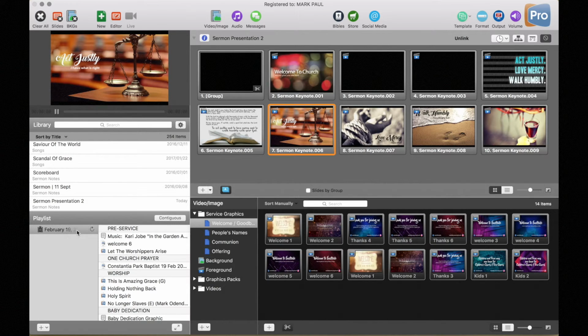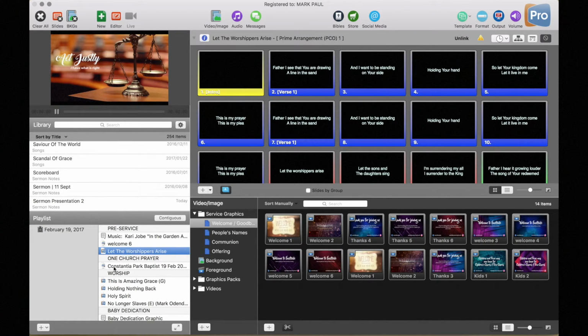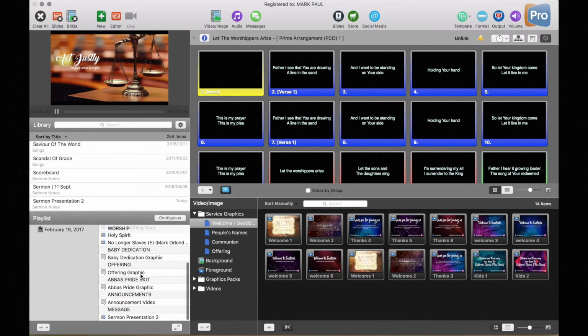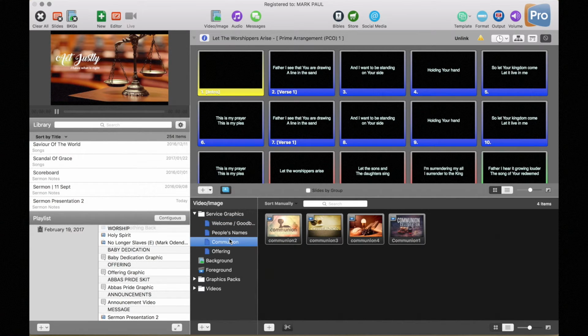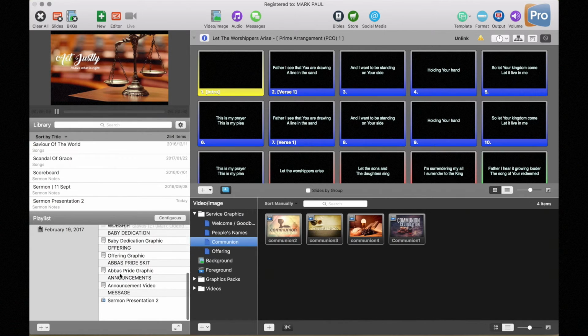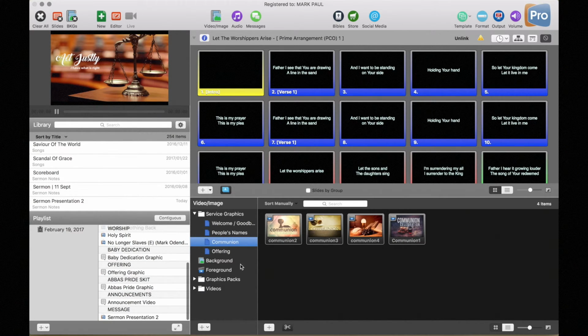then what we need to do is convert this to a non-PCO playlist. The reason we do that is because you cannot make any changes on this playlist. So for example, if someone comes to you and says, here is a graphic, I would like you to put this communion graphic in. We're going to have communion. Please put communion graphic at the end. There is actually nowhere here that says we're going to use a communion graphic, so I can't drag it in. Look what happens if I try to drag it in. Nothing happens. But if I convert it to a non-PCO playlist,